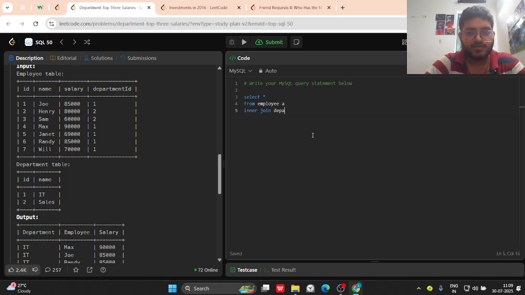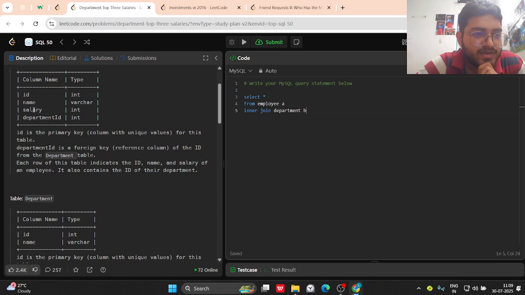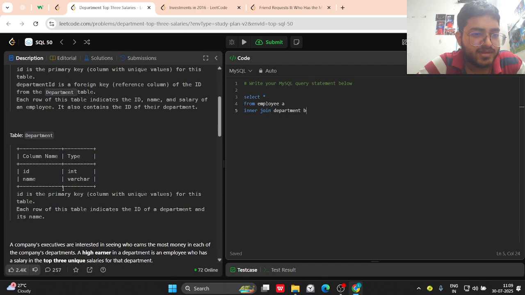Employees on department B, the table again. ID is a primary key with unique values, and department ID is a foreign key. Okay, this will work: inner join